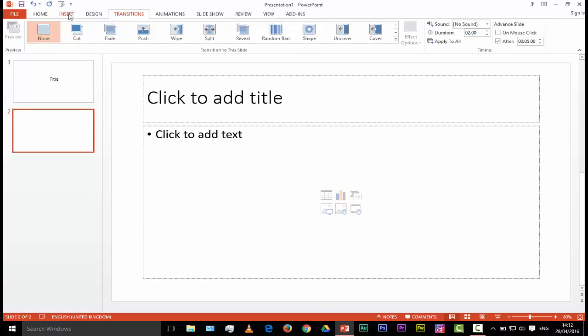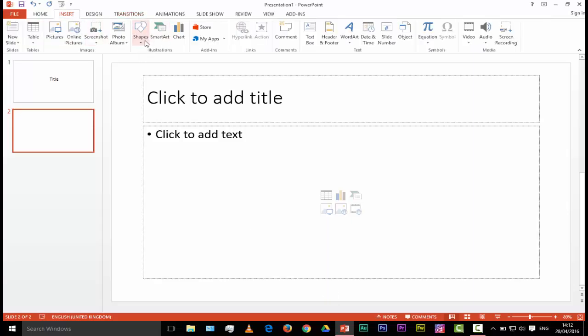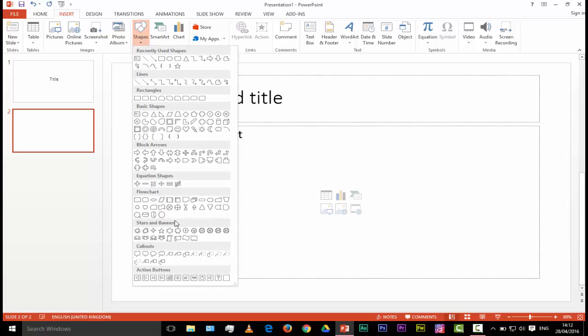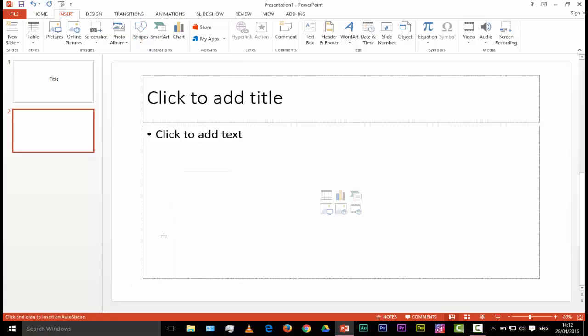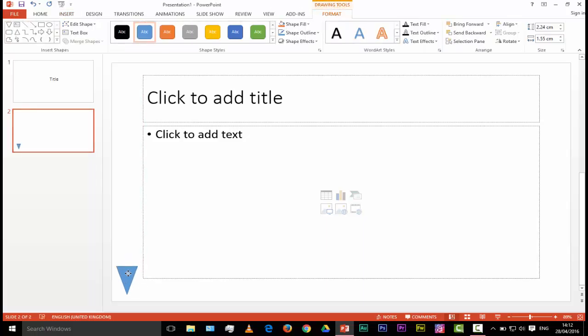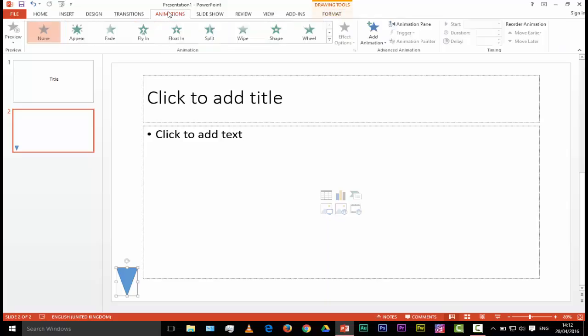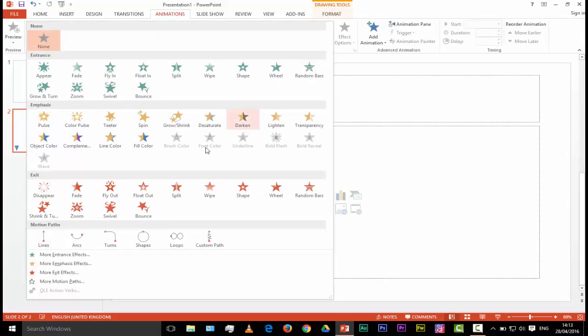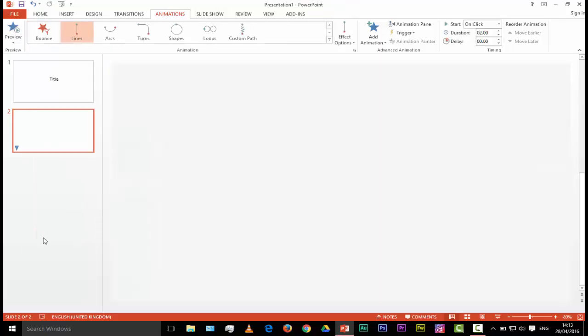The way I'm going to do that is to do Insert, Shapes, flowchart one looks okay. So let me make a little triangle and draw that at the bottom. So there it is at the bottom of my presentation. And what I want it to do is move across the screen to the right-hand side during the timed part of the presentation so that I can watch its progress and know how I'm doing for time management. Simple way to do that is to go to Animations. I'm going to click here because what I want is a motion path, and I'm going to choose Line.